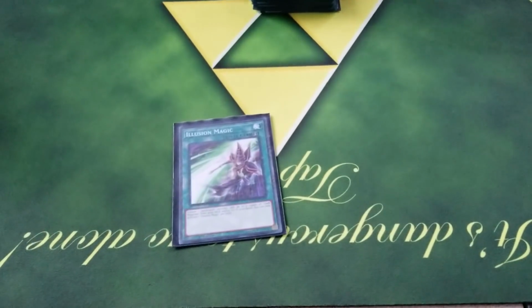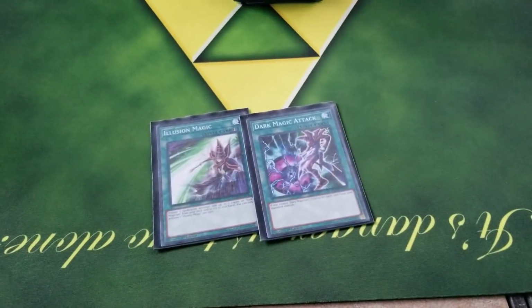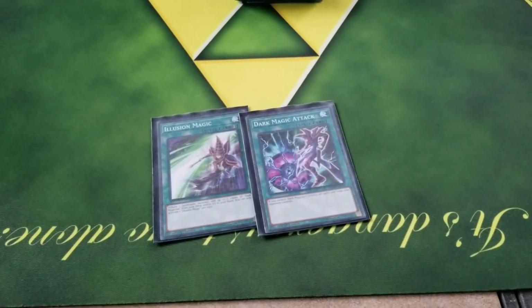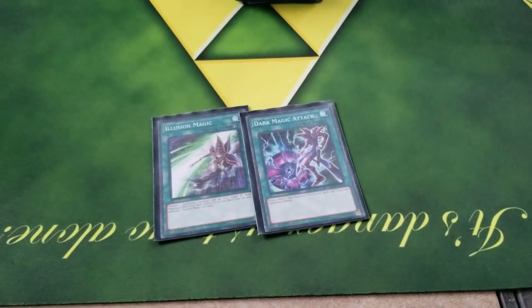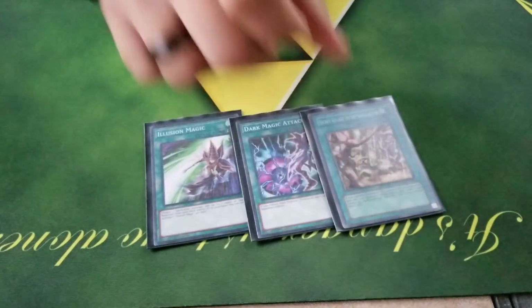One illusion magic. So, okay. One dark magic attack. That's pretty good against Sky Striker right now. They sell their back row and dark magic attack them. Yep. Oh, yeah. Okay. And then to top it all off with that set, a classic card, Secret Village of